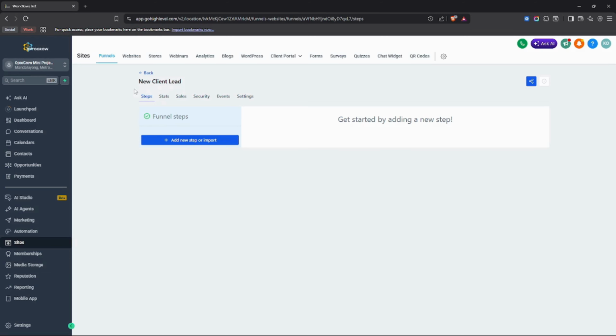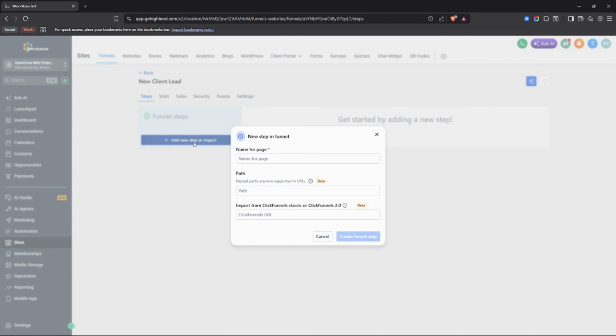Now we have a funnel. There's the funnel named new client lead, and we have the 6 options that we can go to. But before that, let's click on add new step or import. Right now the funnel is empty, so we should create some funnel steps. Right here we have new step in funnel. Let's name that step, or name that page, Welcome